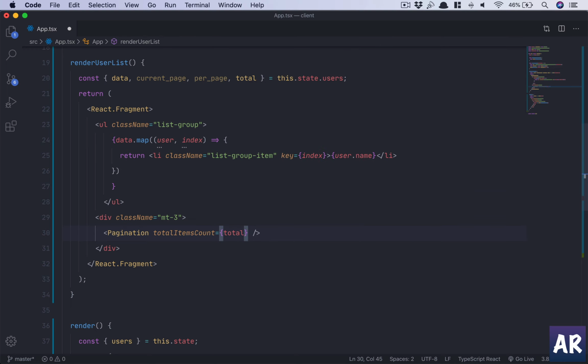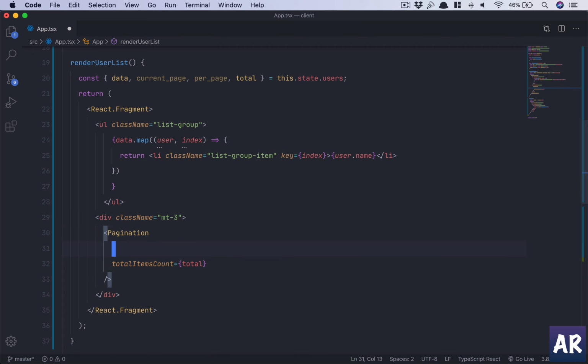Then active page is going to be current page. Then we have items count per page. I need this property so that I can set per page. And on change is a required thing,